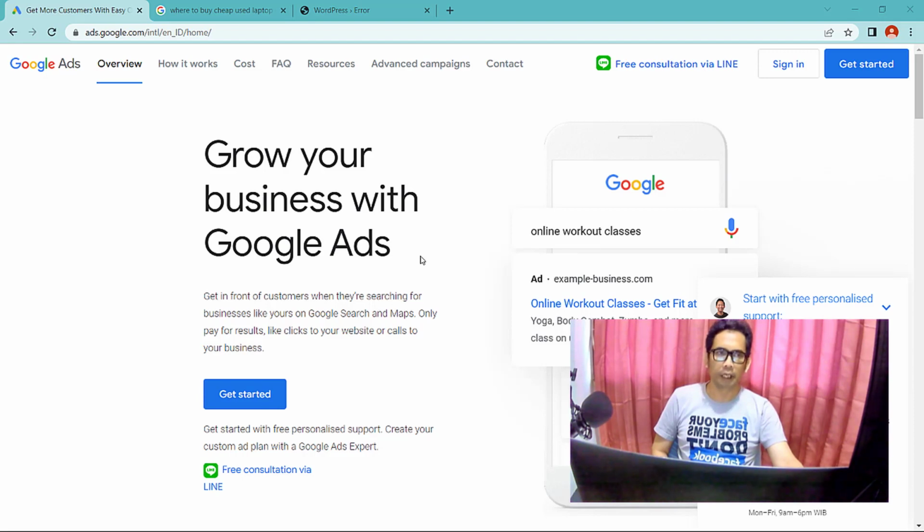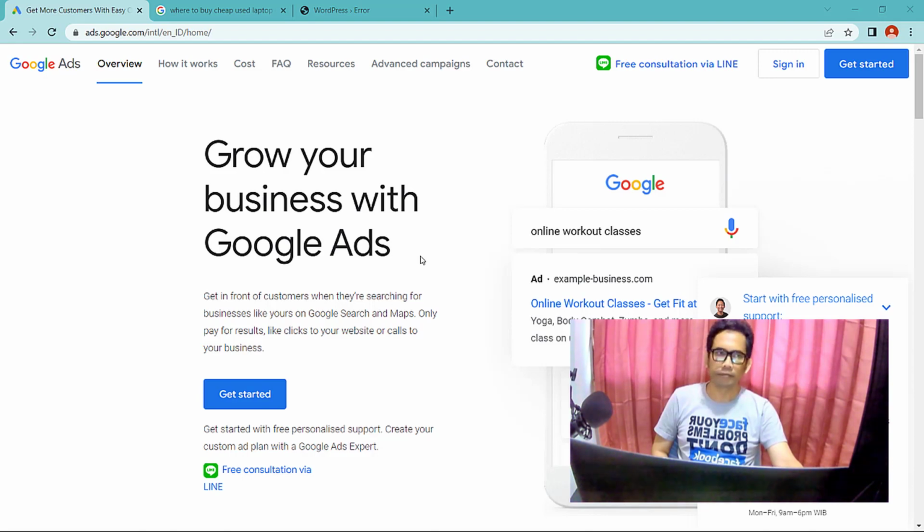And the second, define your campaign objective. Determine what you want to achieve with your Google Ads campaign. Do you want to drive more traffic to your website, generate more leads, or increase sales? This will help you determine the type of campaign you should create.